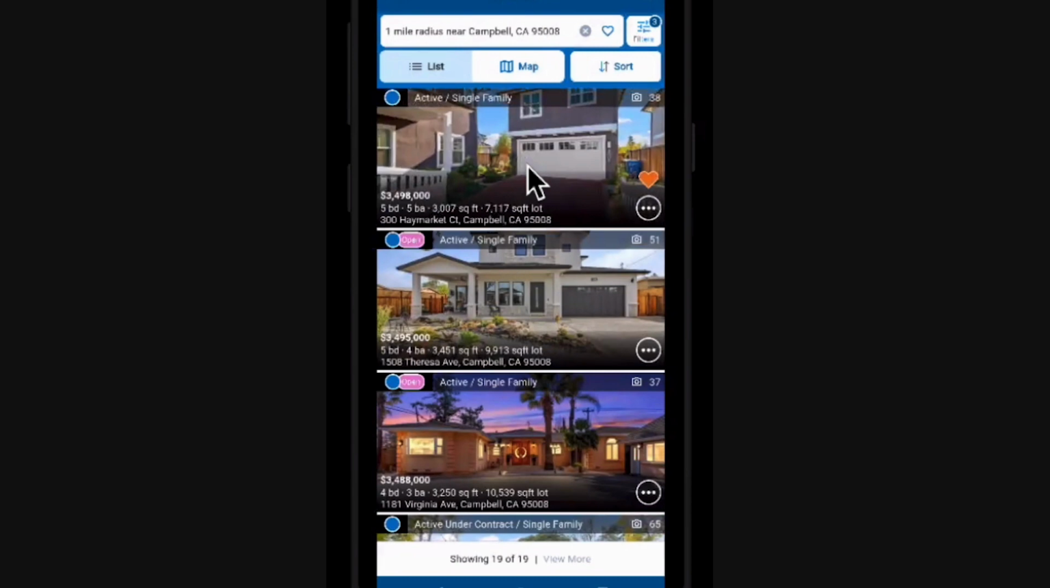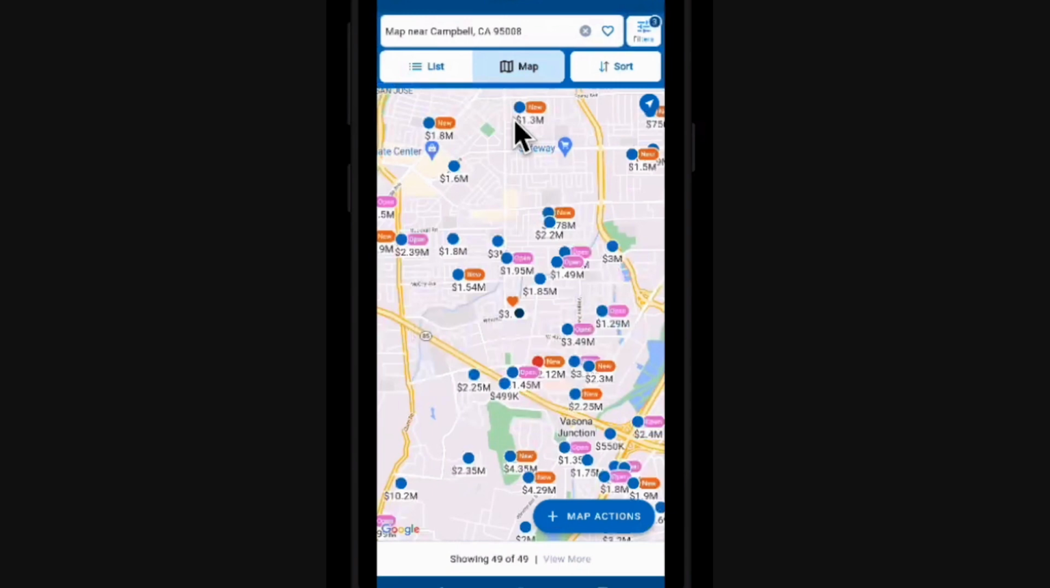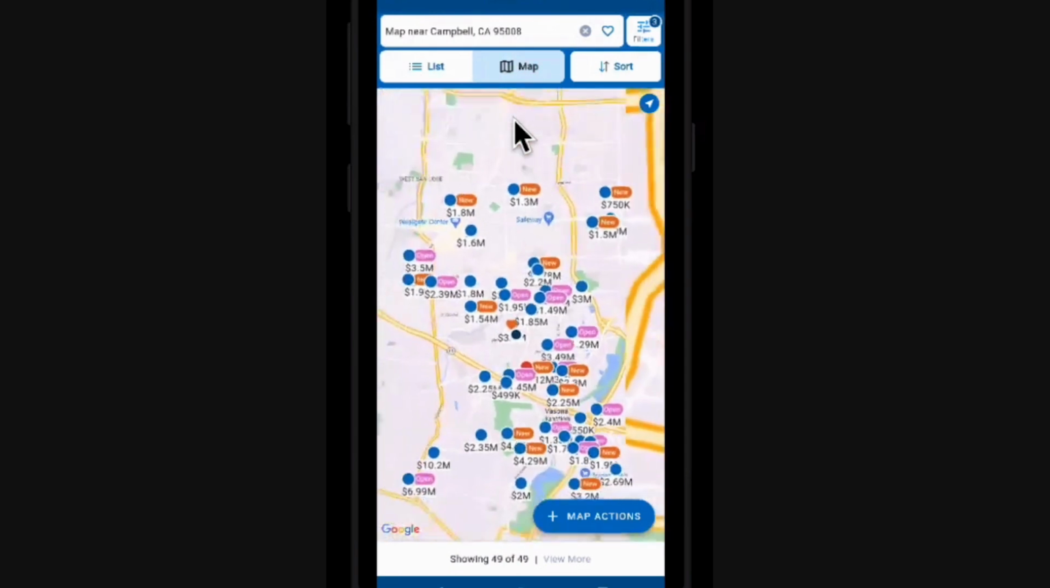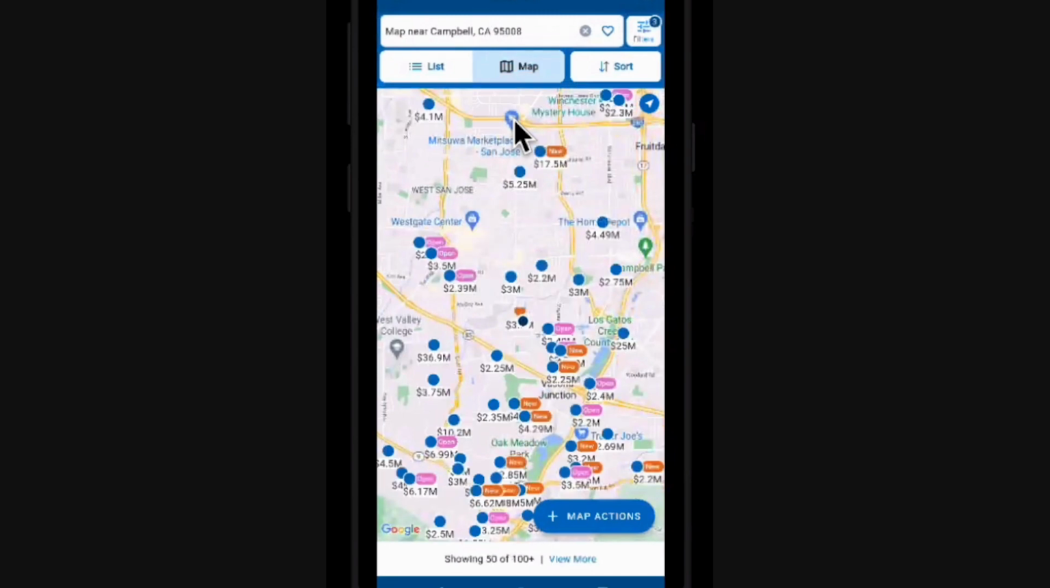So let's go back to our map view. And one of the things we added recently is this remove boundary button here at the top of the screen. So if I remove that, it now basically takes that 1 mile search area away, and I can now search everything that I see on the map. So if I were to make the map a little bit bigger or smaller, zoom out, I can see more of that area. Or if I zoom way in,